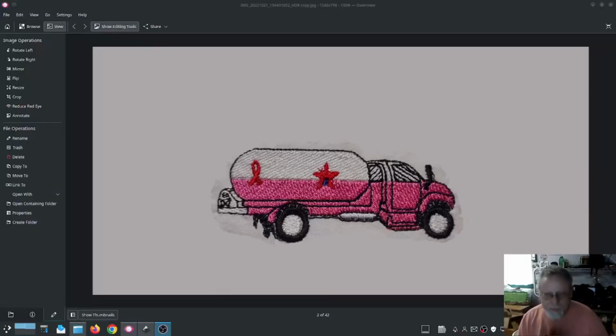Welcome back, gang. So today I'm going to talk about auto route running stitches. Once you figure out how Inkstitch implements the auto route running stitch, you can get a really good idea of some fascinating things you can do with it, and it'll be a great addition to your